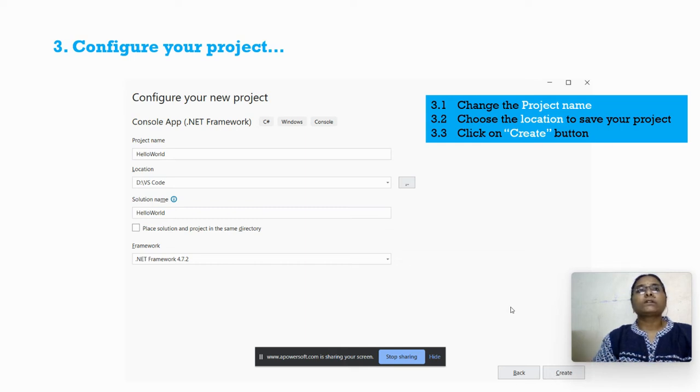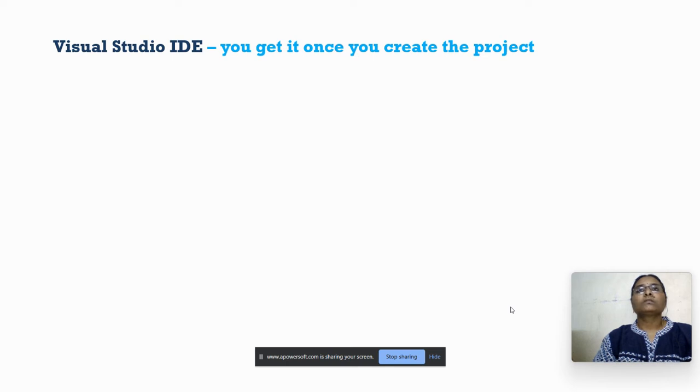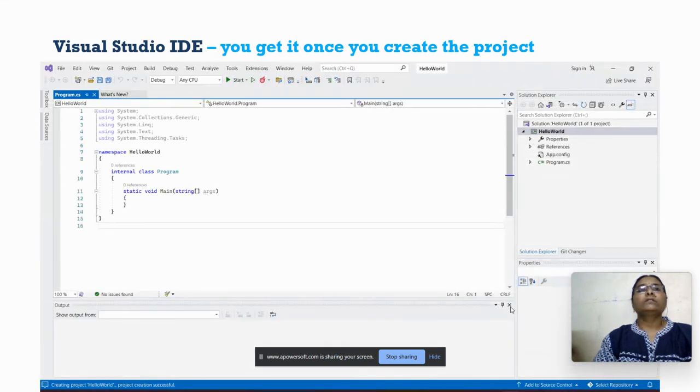After clicking on the create button, you will get this IDE wherein you have to type your code. This is the location where you have to type your code. This is the skeleton you will get once you click on the create project button. This is the editor part of the IDE where you have to type your code in order to implement your logic. The code starts with the namespace,